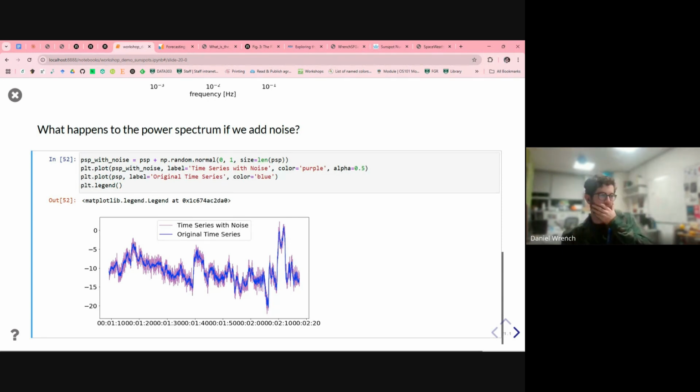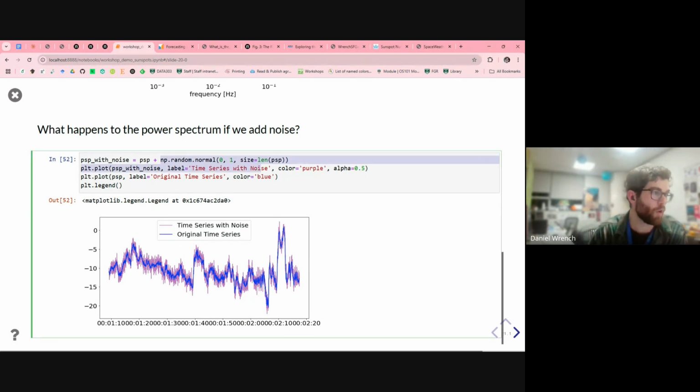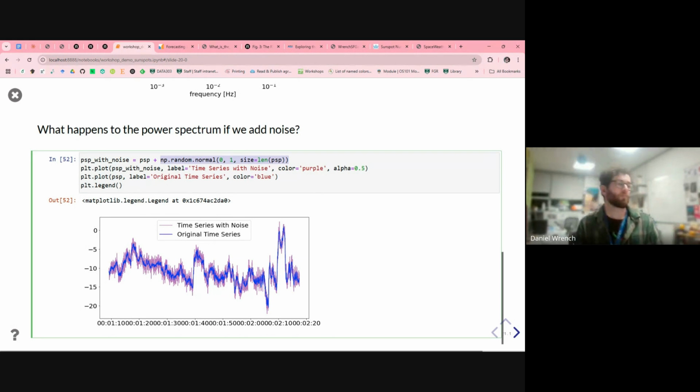So here in dark blue is the Parker Solar Probe data. I've just artificially added white noise, which in the case of the magnetometers on board spacecraft like PSP is a fairly representative model for the kind of thermal noise that a magnetometer might suffer from. So it's pretty even. It's independent of the value, so it's constant. It's independent of the data itself, and obviously makes the time series look noisier.